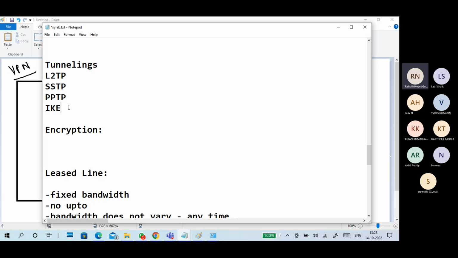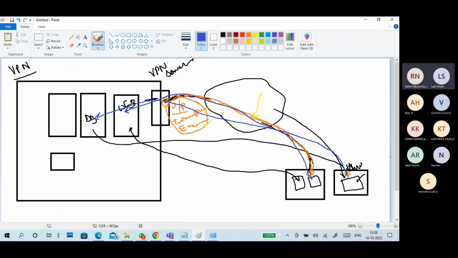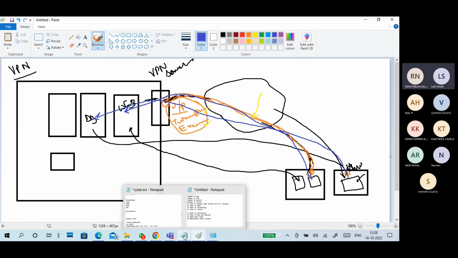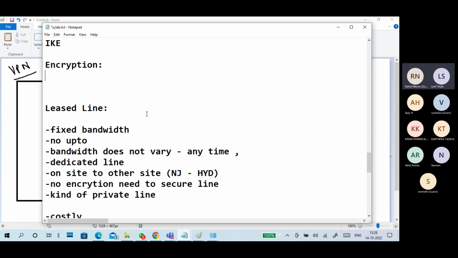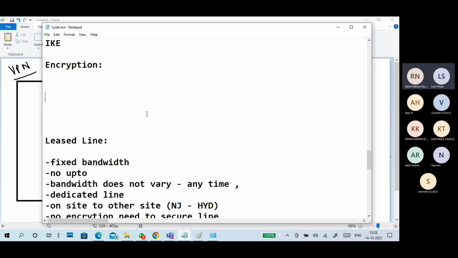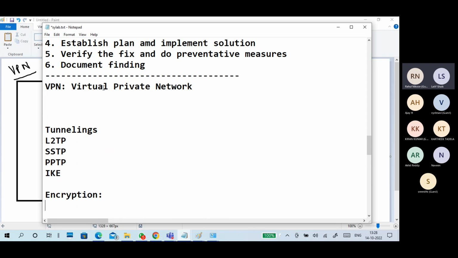That means no data tapping; no unauthorized user can enter into your line, and no other user can read your data because it is encrypted. Those are the two main properties of a VPN.